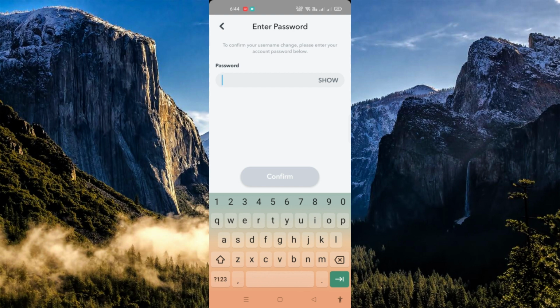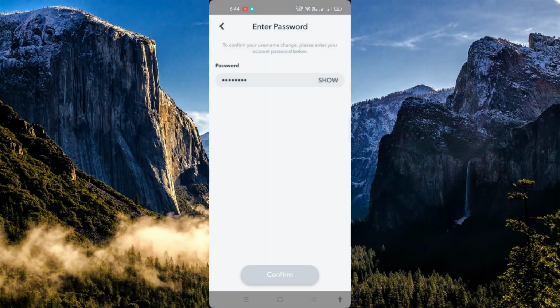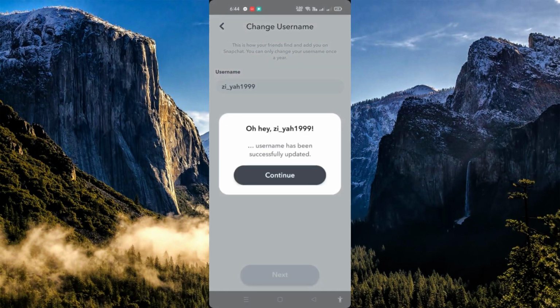to re-enter your password to make sure that this will successfully change your username on the account. Okay, you just need to hit on confirm and then continue. And then that's it. You have now changed your username successfully. You just need to click on continue,